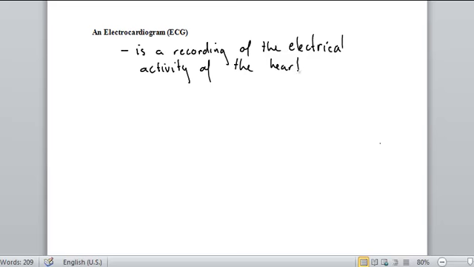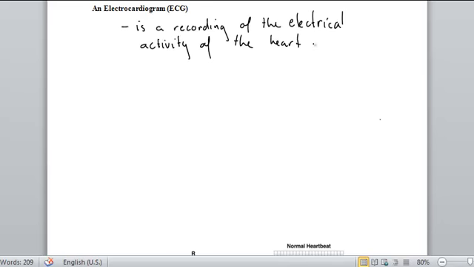And the neat thing is, because our body is mostly water and conducts electricity well, you can place electrodes on skin surface to detect